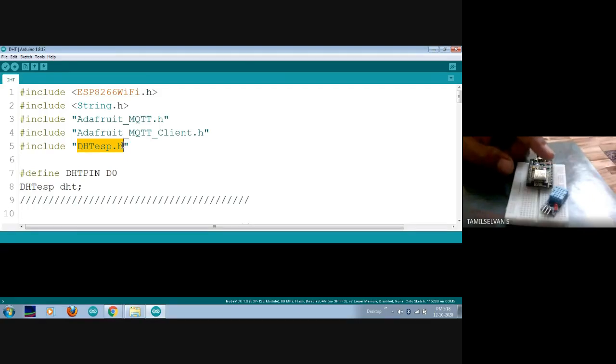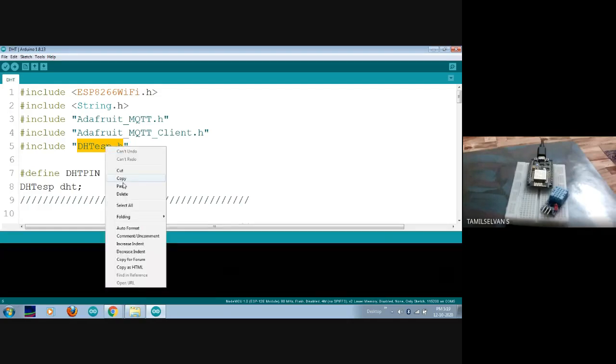How you are able to get the two different values in two different variables is defined in this particular library, DHT-ESP.h. It is not mandatory that you use only this particular library. You will be provided a number of options. Sometimes capital DHT.h will give you the data, or small dht will give you the data, or DHT master will give you the data. That depends upon the library you are going to use. Here in my case, I'm going to use DHT-ESP.h. DHT is capital and ESP is small.